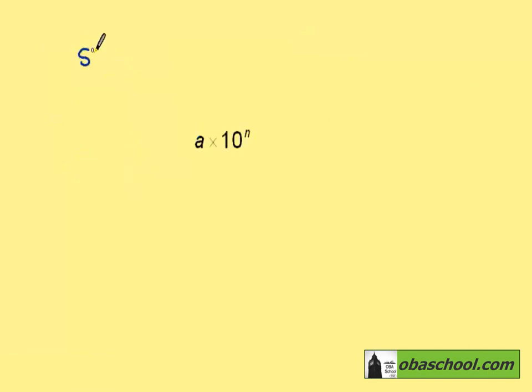So let's consider exactly what's meant by standard form. A number in standard form is of the form a times 10 to the power n. The a is a number which is between 1, with 1 included, and 10, with 10 not included. For example,